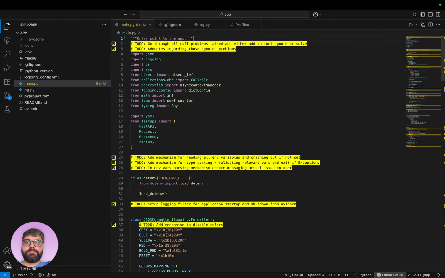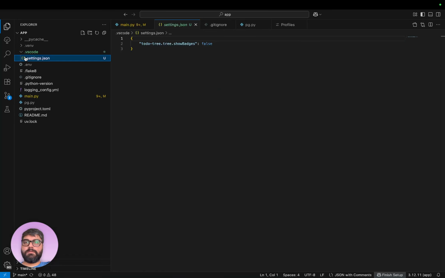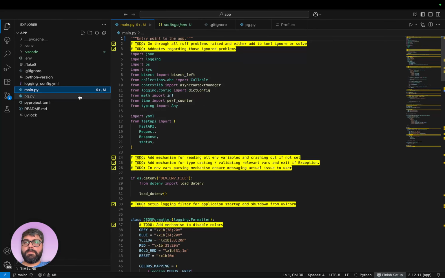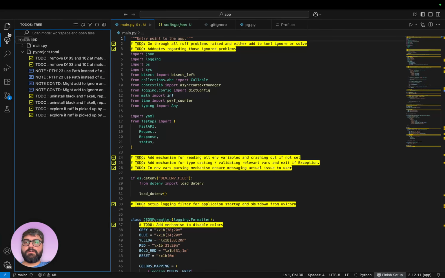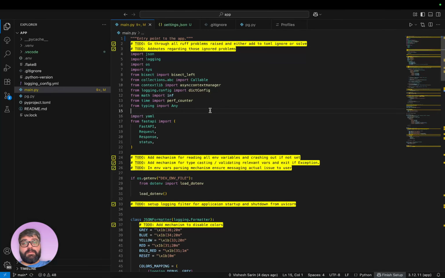Toggle badges. I don't know what badges are. Alright, Shift P. I'm just gonna toggle that again to switch it back off, whatever it is.